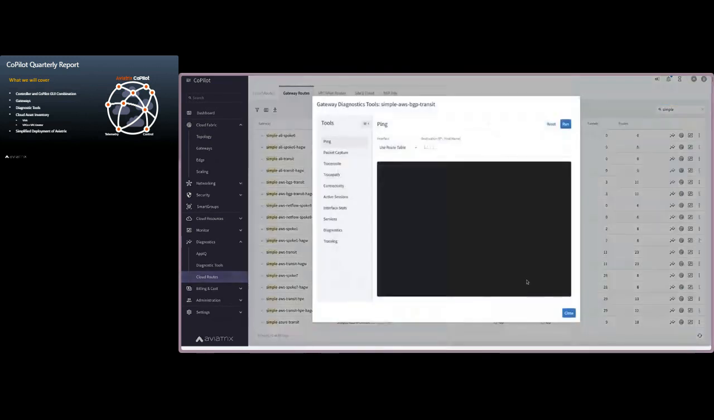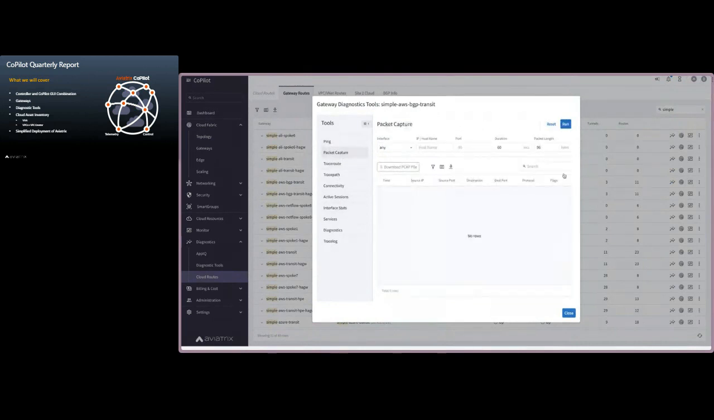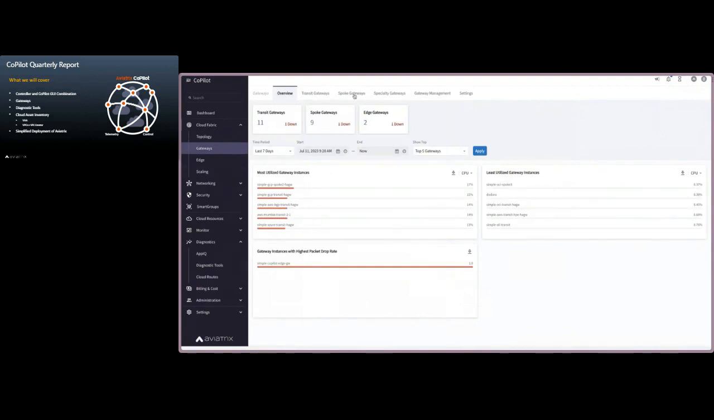You could run the gateway diagnostic tools out of here. You could run your packet capture and begin your packet capture session here as well. So there's multiple ways to get to it. And of course, the traditional way of going into your gateways, finding the gateway of your choice, and then saying,